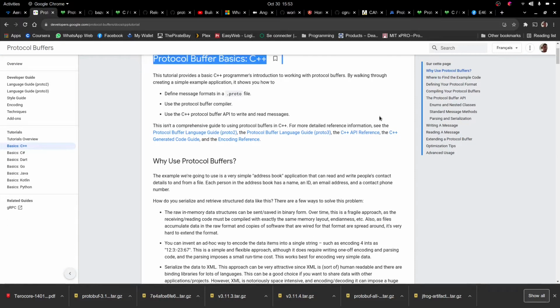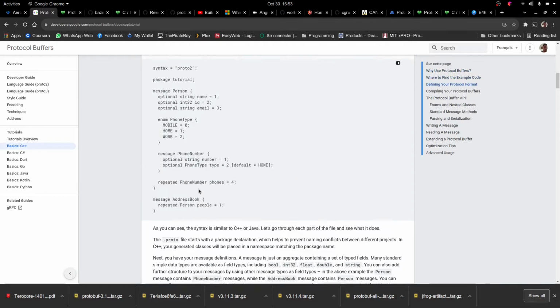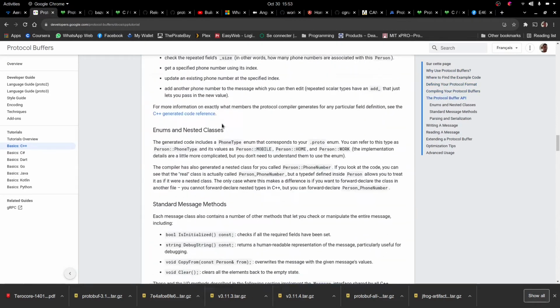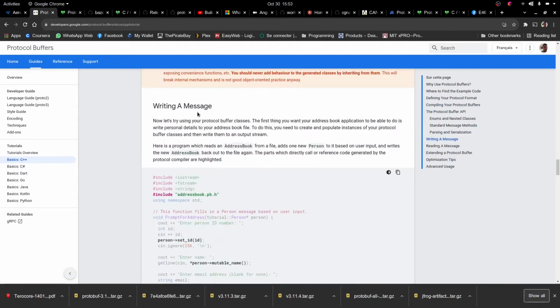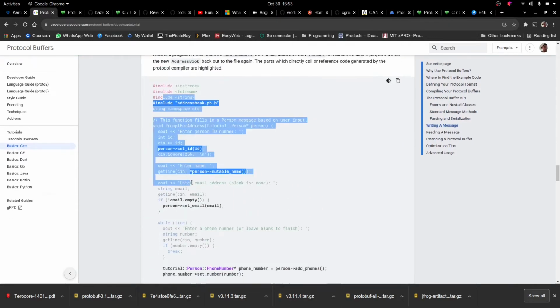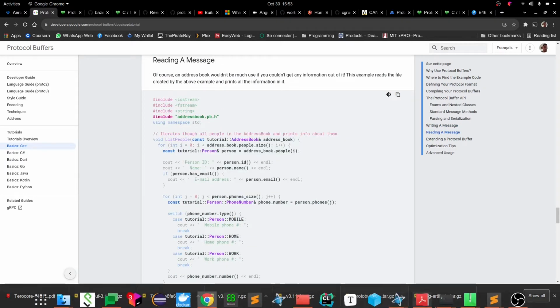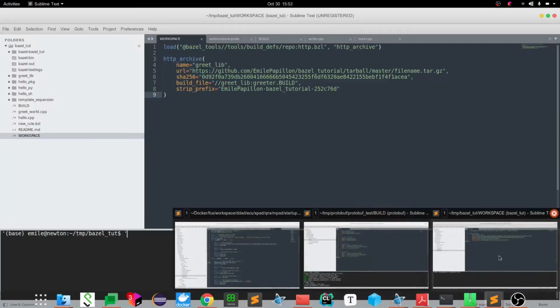In this video we will see how to go through the protocol buffer tutorial using Bazel. I'll use the source code from the Google tutorial. I'll publish the link to this tutorial in the description below. But in this video I will go through the steps that we need to take in order to run this